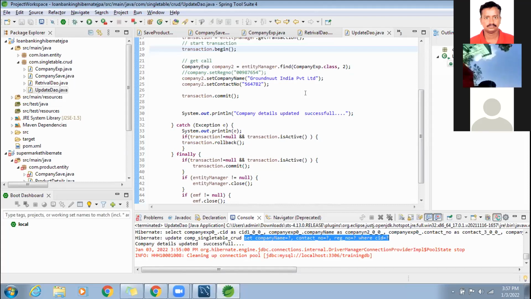Say after it is showing in the form, then you are updating your email and password. Then which logic works when you click update profile? Update profile, yeah, this is how you need to update whatever you're doing. Pull your record based on ID and set all the values that are coming from the screen into this one. Here now you hard coded Groundnut India Private Limited, and the contact number, you hard coded. Actually, the value that is coming from the database should be inputted here.